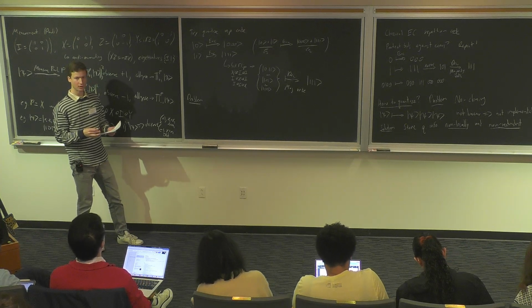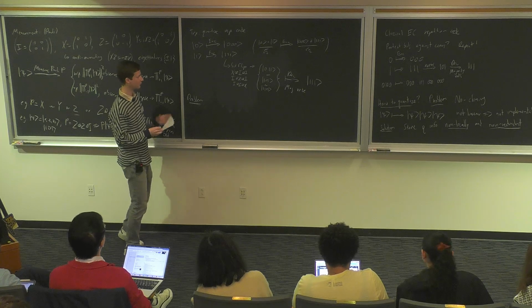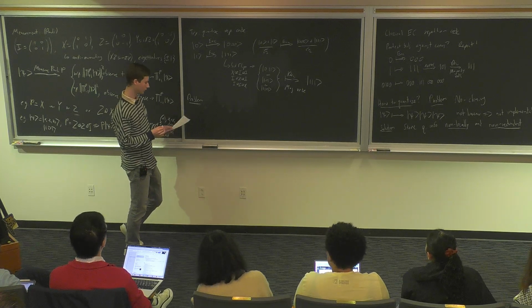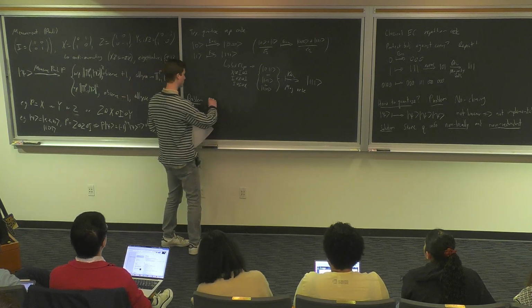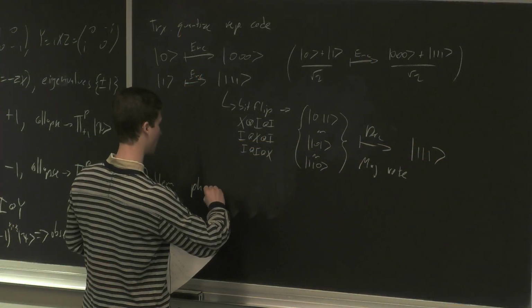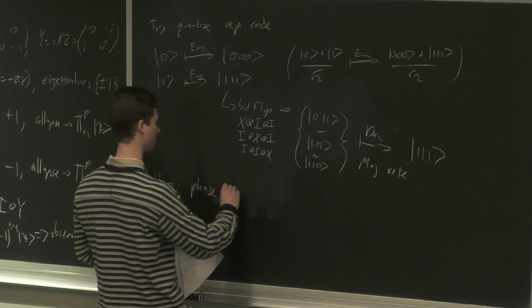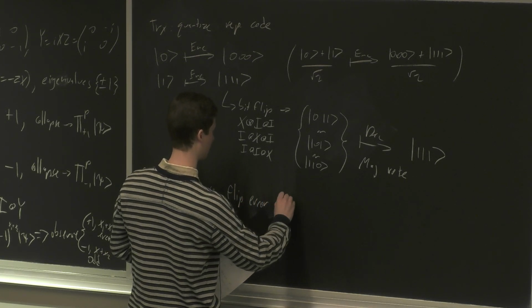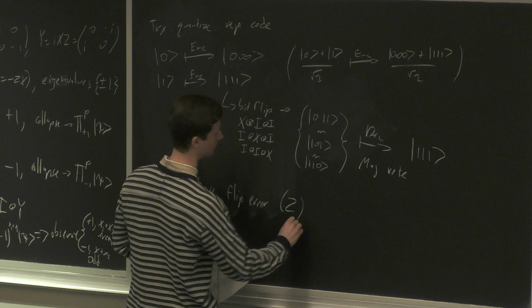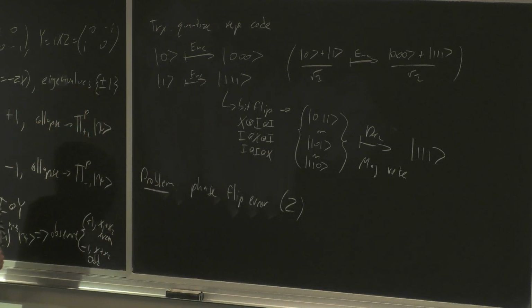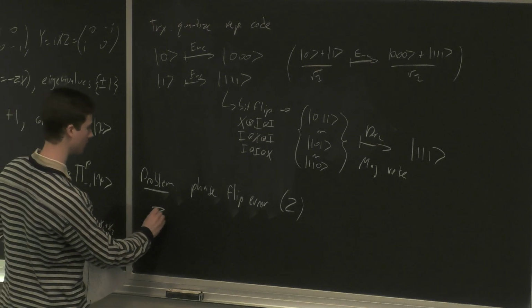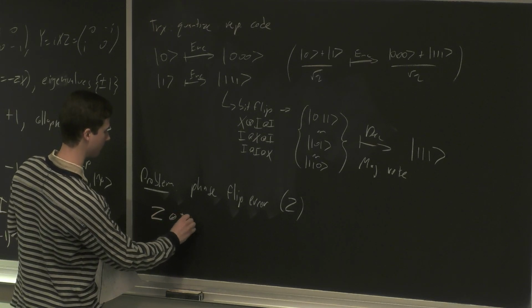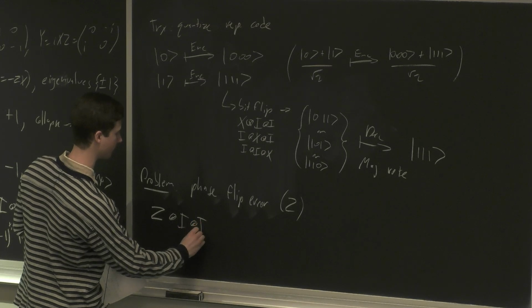And this is great, but there is a problem. As we expected, there should be a problem because of the no cloning theorem. And the problem is that there's a second type of error that could occur quantumly called a phase flip error, which essentially means that we apply a Pauli Z instead of a Pauli X to our quantum state. So for instance, if we apply Pauli Z to the first qubit and identities to the other two,